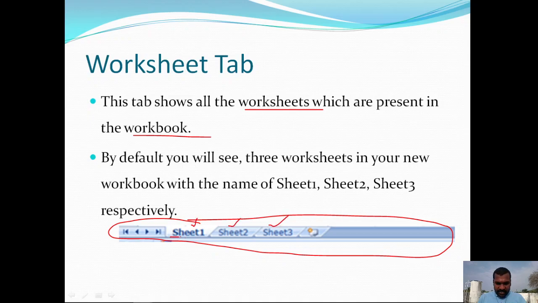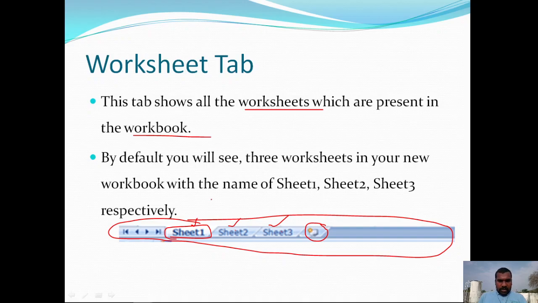Now Sheet 1 is enabled, so we are performing operations on Sheet 1. If you click on Sheet 2, you can enter data on Sheet 2. If you click on Sheet 3, you can enter data on Sheet 3. This symbol indicates a new sheet. If you press it, a new sheet will be created with the name Sheet 4. If you press it again, Sheet 5, Sheet 6, like that, any number of sheets you can create.